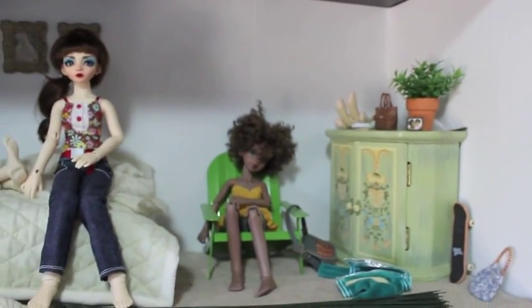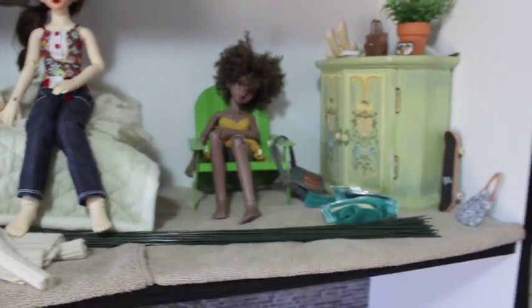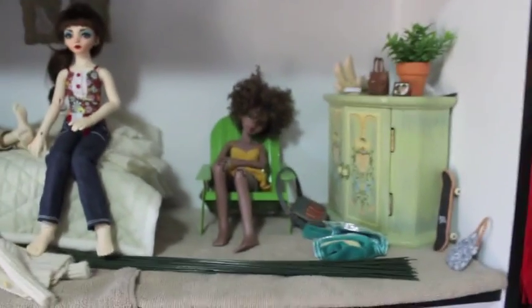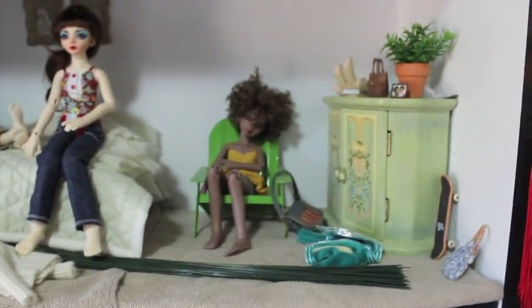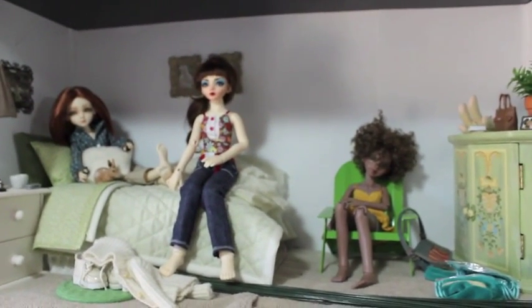lots of little props and things that I made. Some thrift store finds. That little jewelry box makes a great little cabinet. Random stuff, again, getting out of the cat's way. He loves to chew on these wires for some reason, so anything he likes to chew on gets stuck in these top doll rooms where he can't jump. So